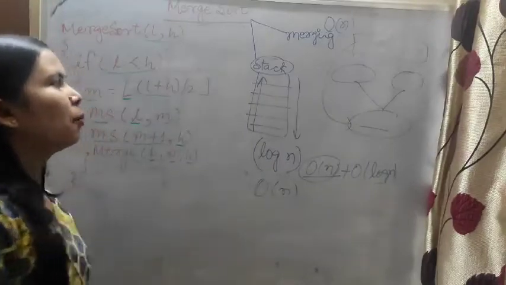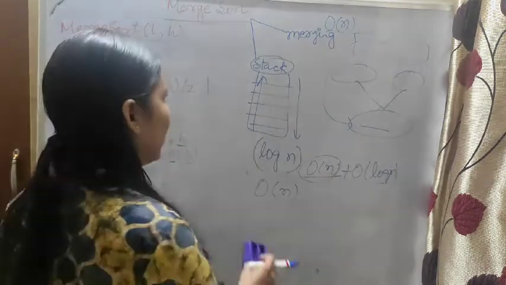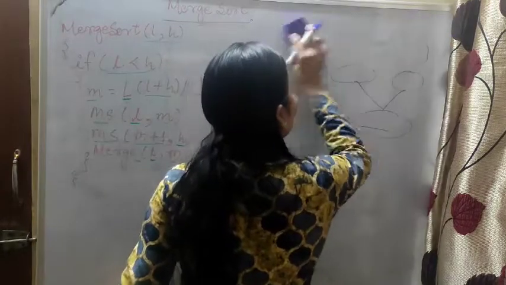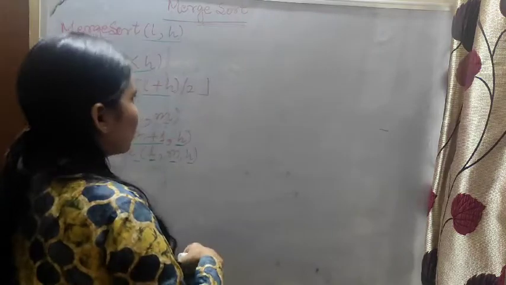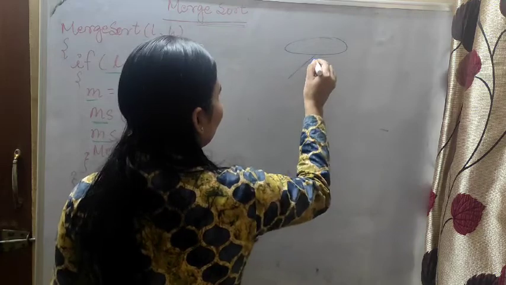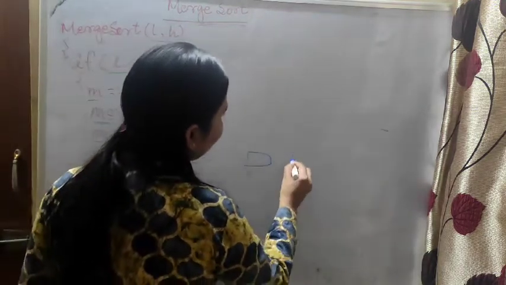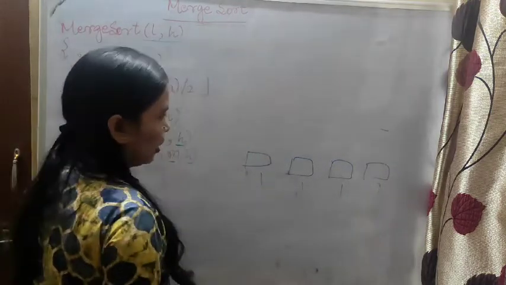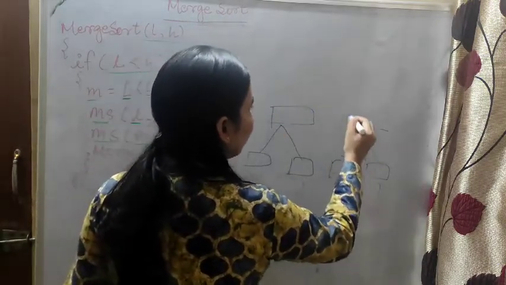Now we will see merge sort best complexity, average complexity and worst complexity. You have seen many times in merge sort, suppose this is the first element, second element, third element, like this the elements are given. One size is given. Now we will merge two elements together.